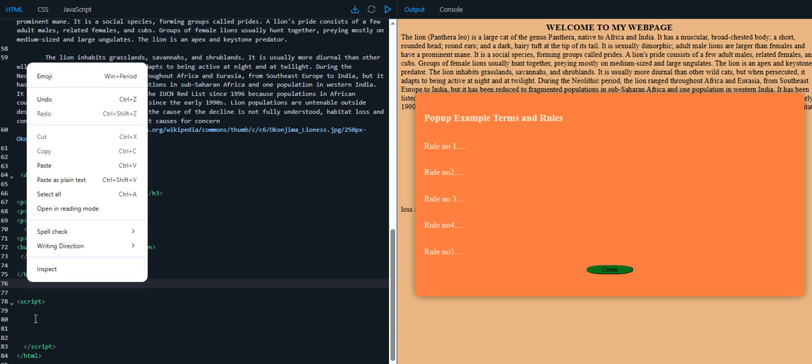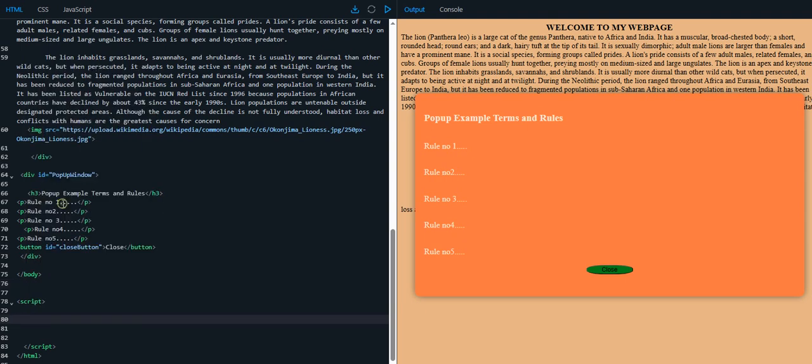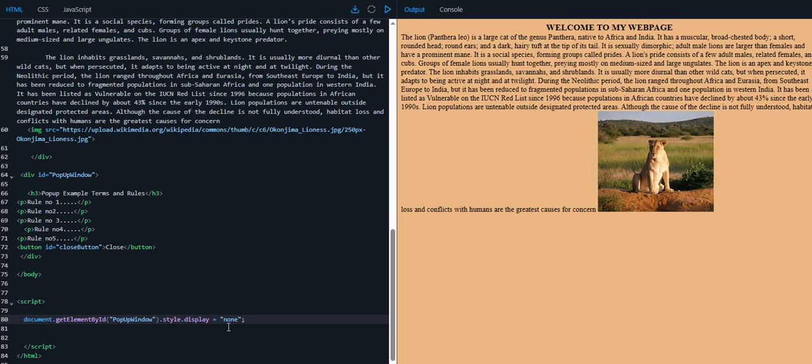That means the element of popup window, no, and I use this style display equal none. Okay, let me put here I hide the popup window. Okay,